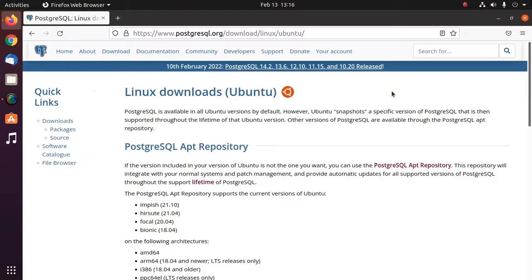Here you will learn how to install PostgreSQL database on Ubuntu and how to set a password for the default Postgres